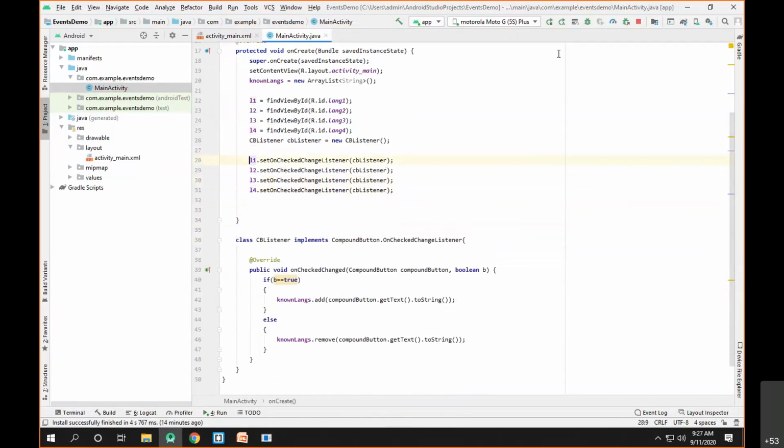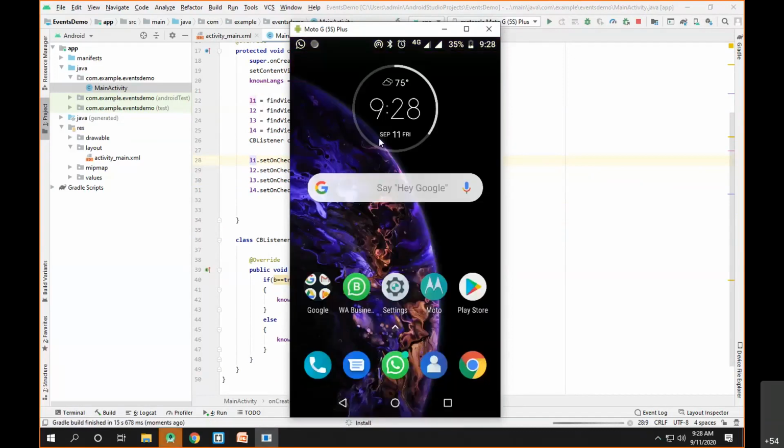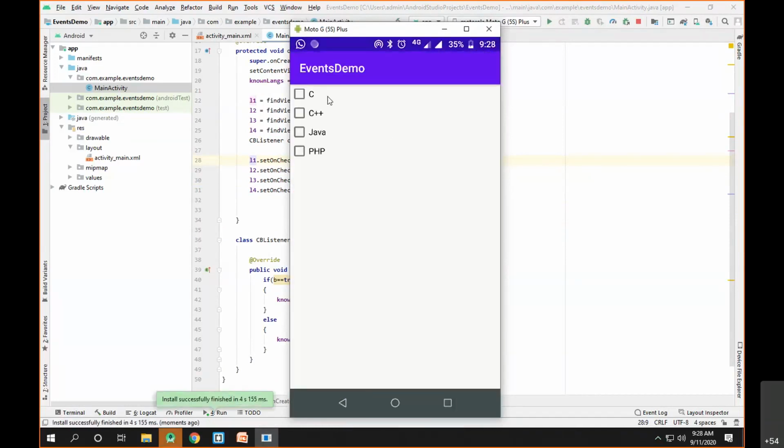Okay, so if I run the code, you'll be able to see I am successfully able to have all the checkboxes.